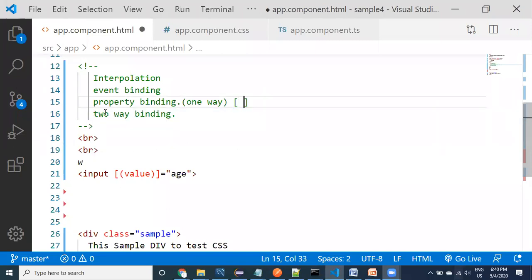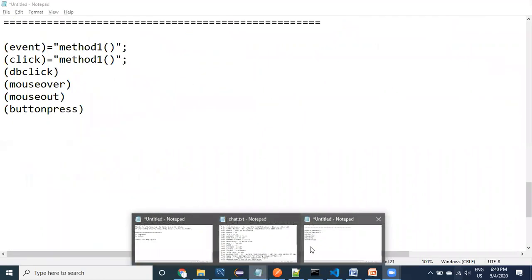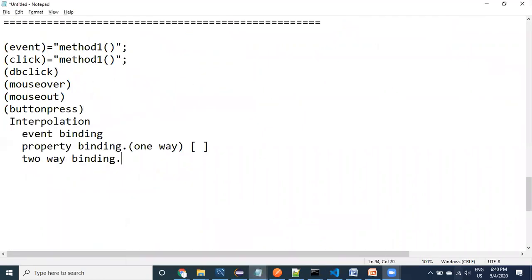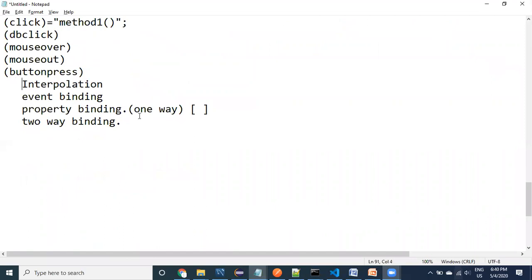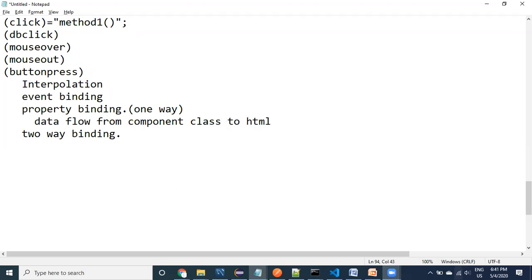Let me write all these things down here. One-way binding is nothing but data flow from component class to HTML.